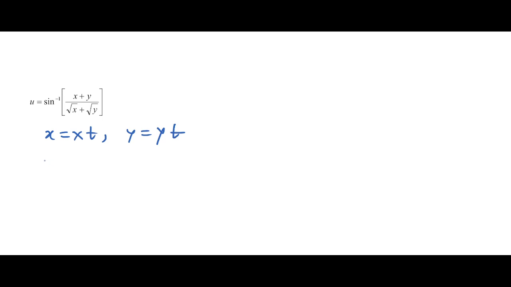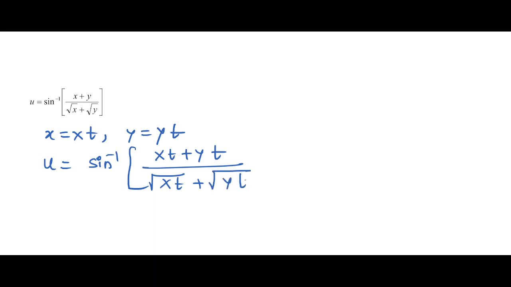Similarly, one more example we'll see here to clear the method of homogeneous function, or how to check whether the function is homogeneous or not. So here u is equal to sine inverse of (x plus y) upon (root x plus root y). Again I will substitute x as xt, y as yt. So u becomes sine inverse of (xt plus yt) upon (under root xt plus under root yt),